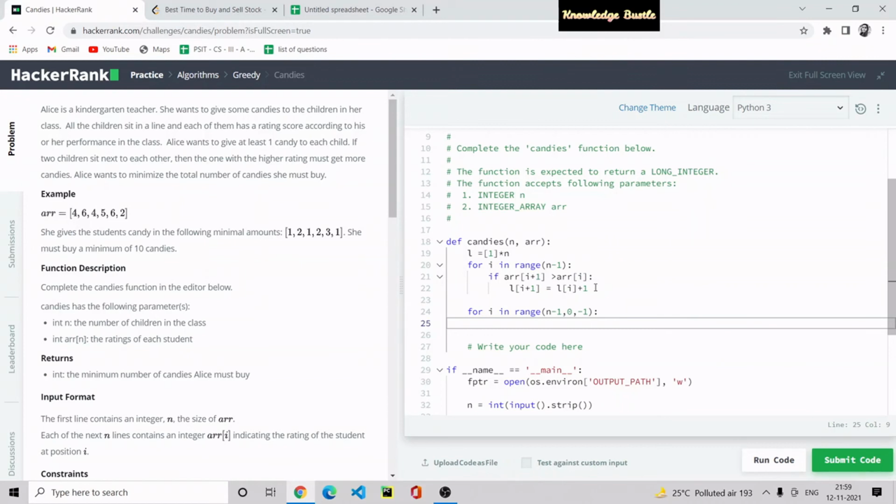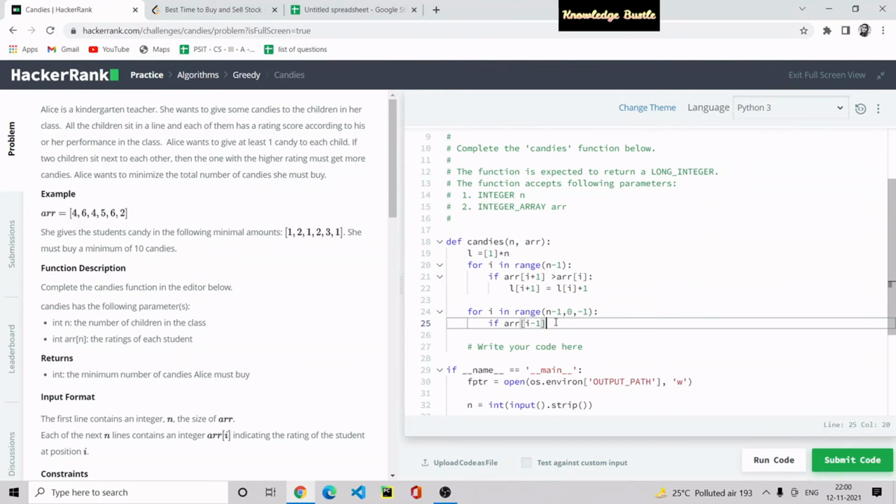Here we again have to check, if ARR of i minus 1. With indices 0 1 2 3 4 5, we have to check if the fourth index is greater than the fifth index.